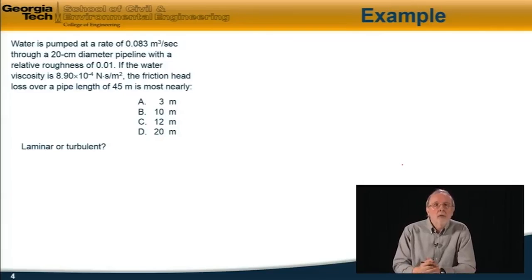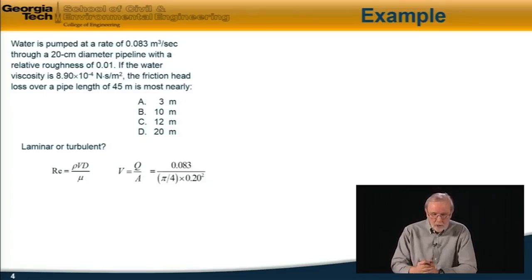So, firstly, we would like to know whether the flow is laminar or turbulent. And to do that, we compute the Reynolds number of the flow, rho v d over mu. And first we need to get the velocity, because in this case we're given the volume flow rate and the area. So the velocity is Q over A, equal to Q over pi by 4 d squared, which is